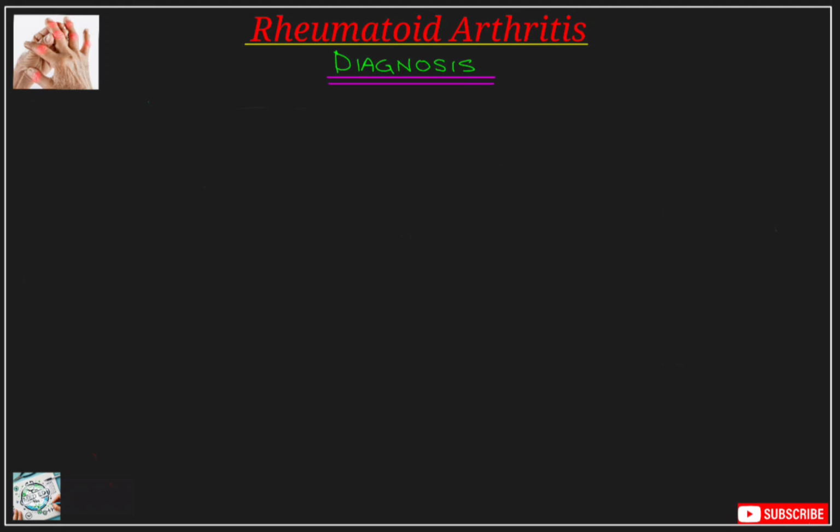Since modern treatment strategies focus on the early and the aggressive interventions with disease-modifying drugs, catching the rheumatoid arthritis as early as possible is crucial for better long-term outcomes. But diagnosing rheumatoid arthritis isn't as simple as ordering a single test. There is no definitive test that confirms it outright. Instead, diagnosis is based on a combination of factors including the patient's history, physical examination, laboratory tests, imaging,